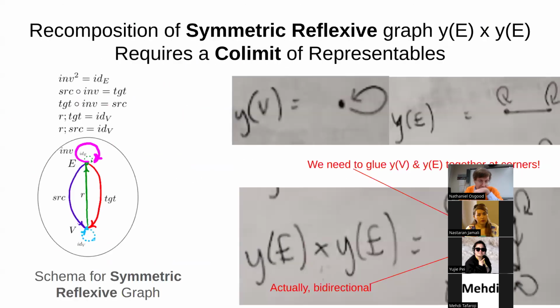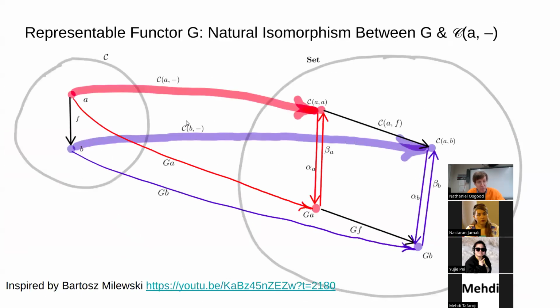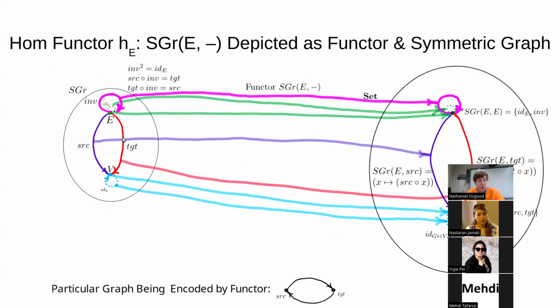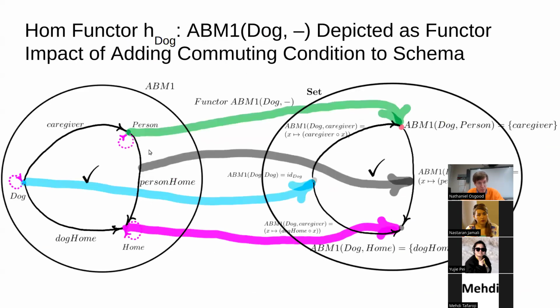And I'm telling you, remember we have these other categories just to get us away from making it too specific to the bouquet schema. Like, this is the schema for symmetric reflexive graphs. This is the schema for, where's my schema for graphs? Or this is symmetric graphs, right? Or this is my schema for